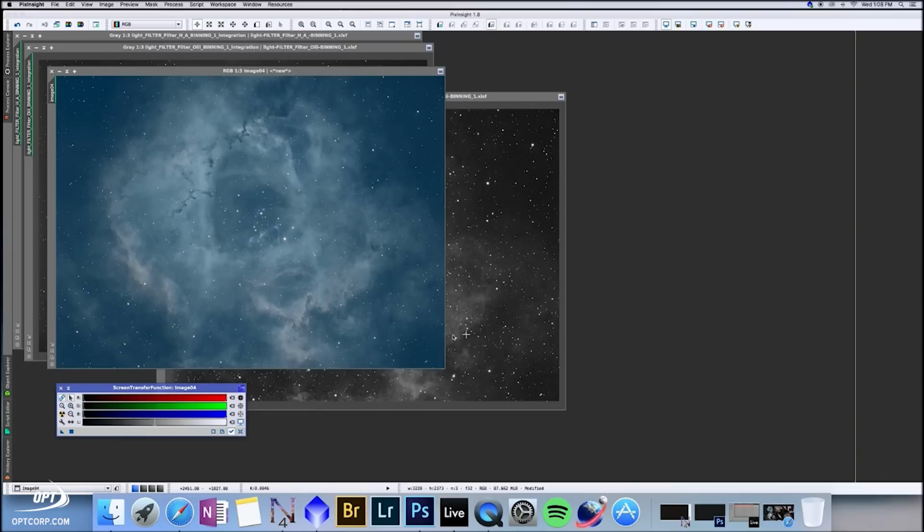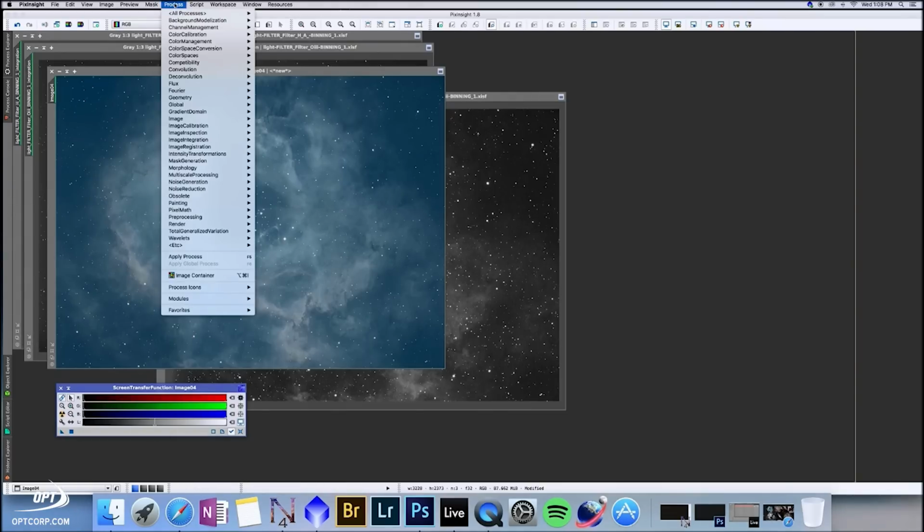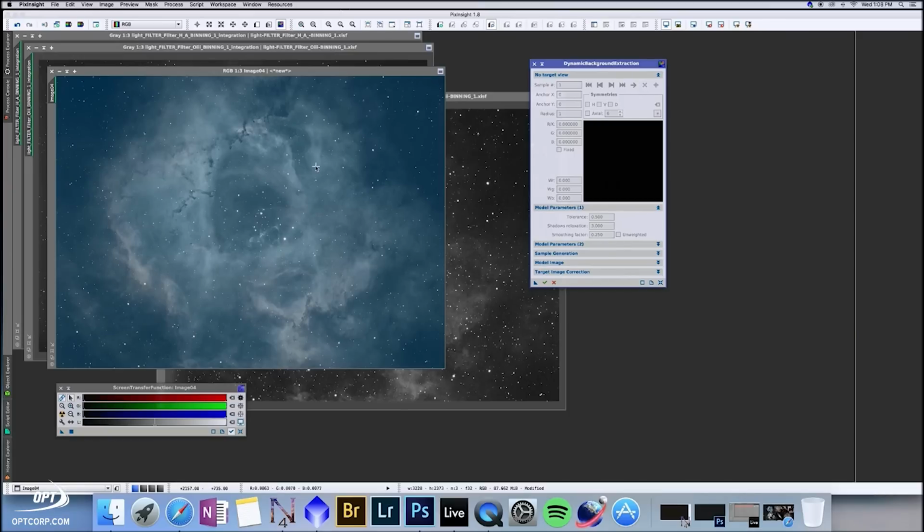So the next problem that we're looking at is the background still has this blue haze to it. So we want to get rid of that and see what we've actually got in the image. So there's another tool for that here, which is under background modelization. You can use either one of these, and a lot of times we try both to see which one works out better, but I'll just do dynamic background extraction here because it's the more difficult to use,